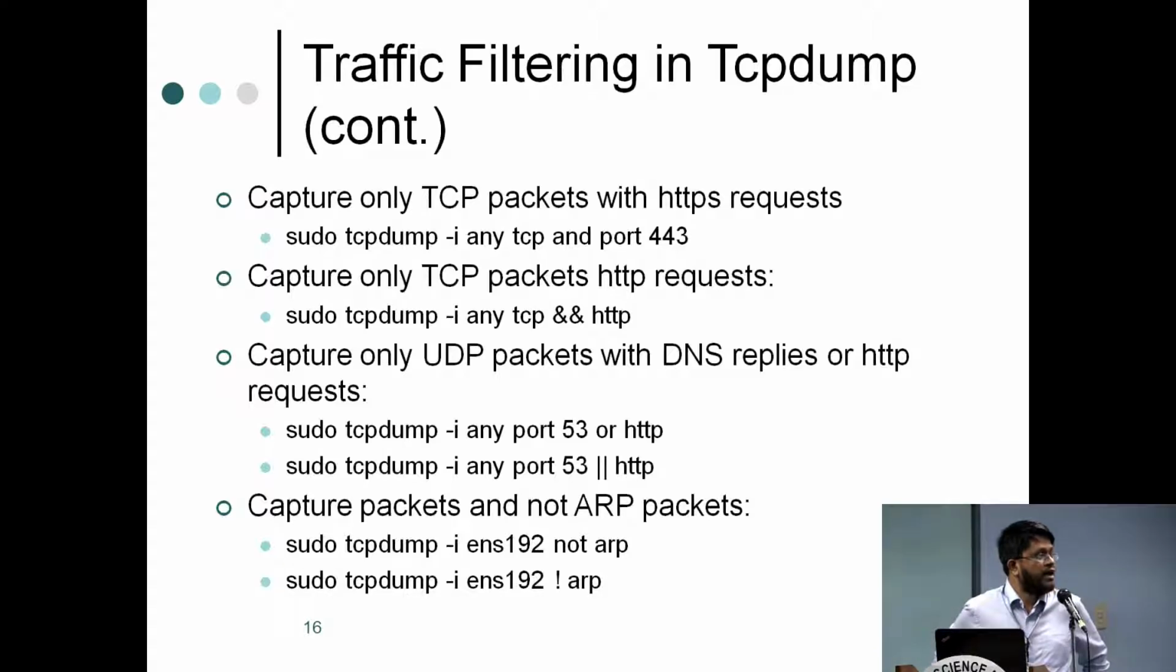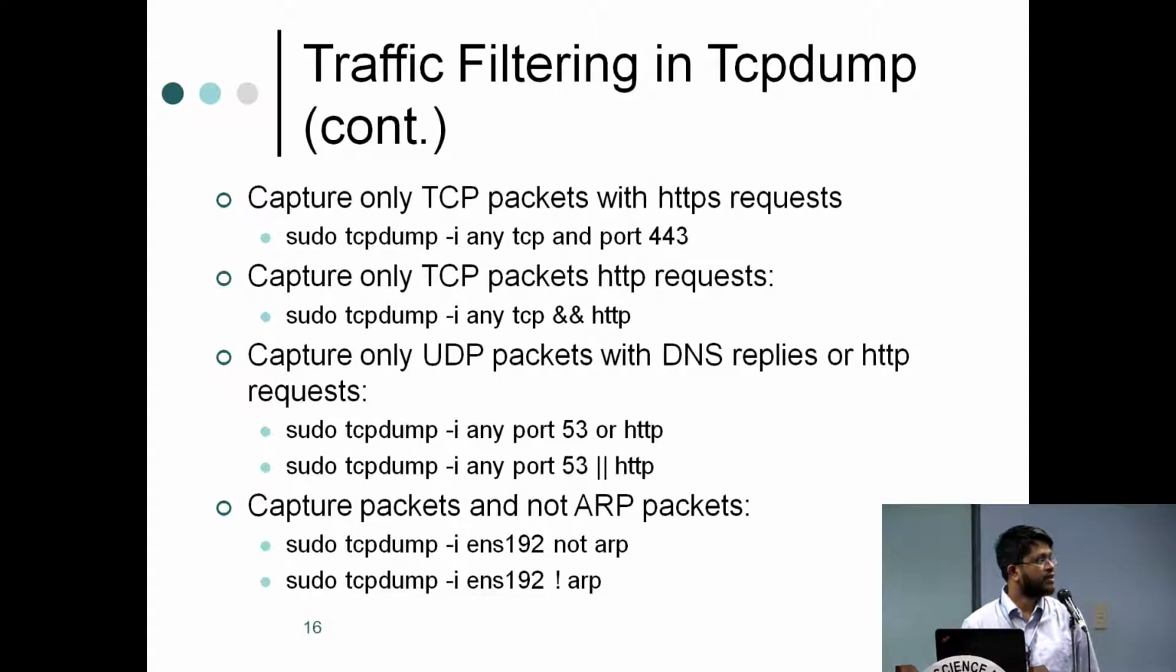We can combine all these options. We saw how to use only TCP packets. We saw how to capture packets with port numbers. So we can combine these two together, using an AND operation. So AND means any TCP. This says any, that means from all the interfaces. I want to capture TCP packets and only for 443 ports. That means basically I want to capture HTTPS packets